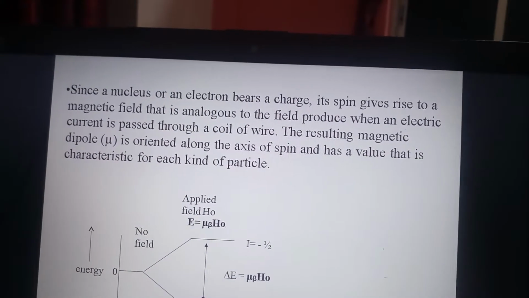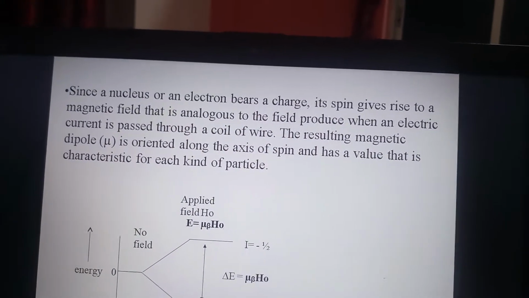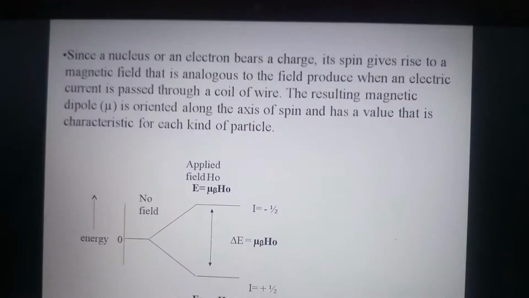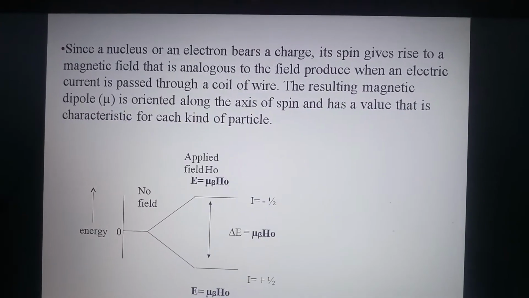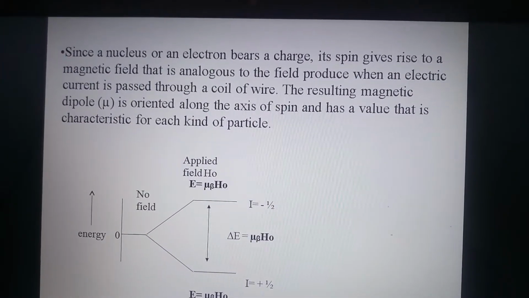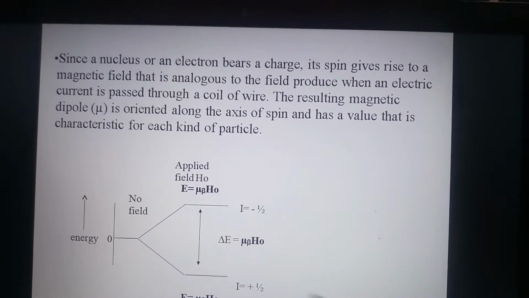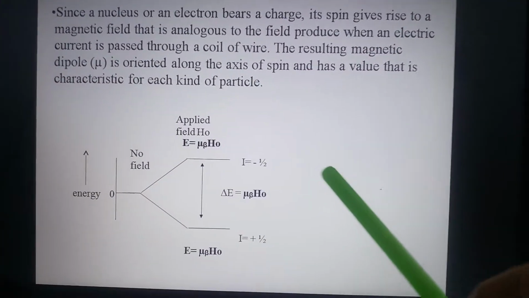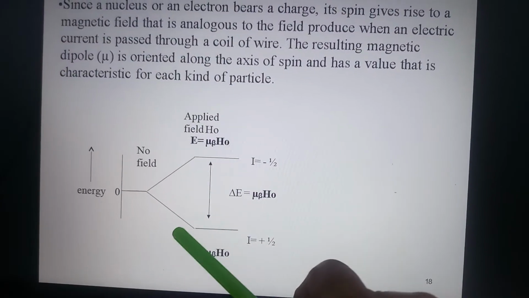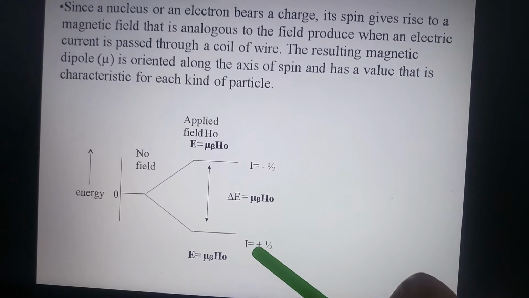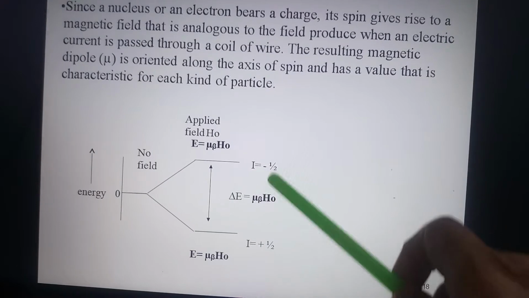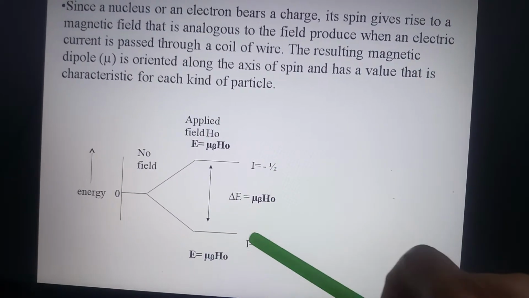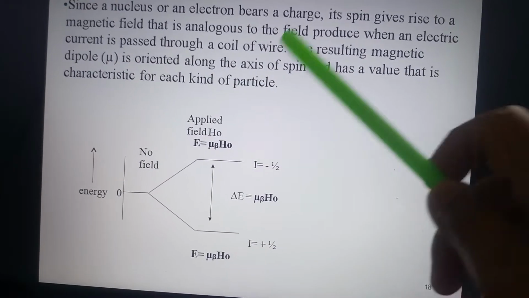The resulting magnetic dipole mu is oriented along the axis of spin and has a value that is characteristic for each kind of particle. Here, the diagram shows that in the presence of an external field, the spin quantum number orients itself, that is plus half and minus half. Here it is with the field and it is opposed to that field.